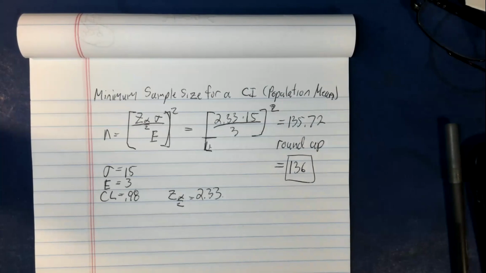So that is how we find a minimum sample size to estimate a population mean. We're only going to do one because I can do more in class if that's helpful. I figure one's probably going to be enough because it's pretty similar to what we did before. I hope you find this helpful. And I'm going to go ahead and stop the